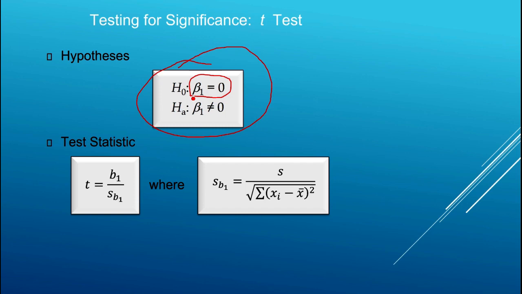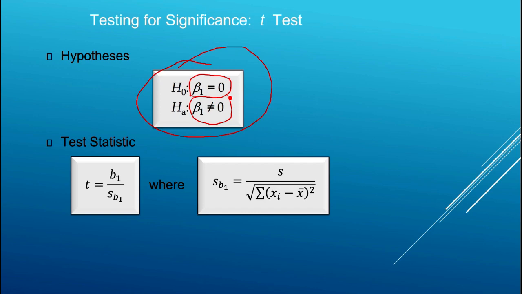And your desired research result and what you'd like to show, that's your alternative hypothesis, of course. And that is that there is some important relationship between your x variable and your y variable. And so stated as a two-tailed test, that's an alternative hypothesis that beta 1 is not equal to 0. Okay. Now, sometimes you might be working with some economic theory that you're testing, which would give you more than